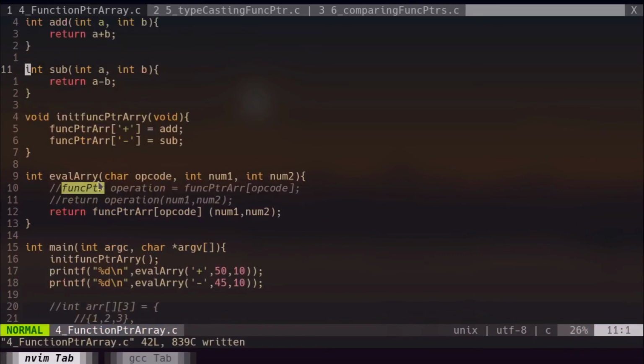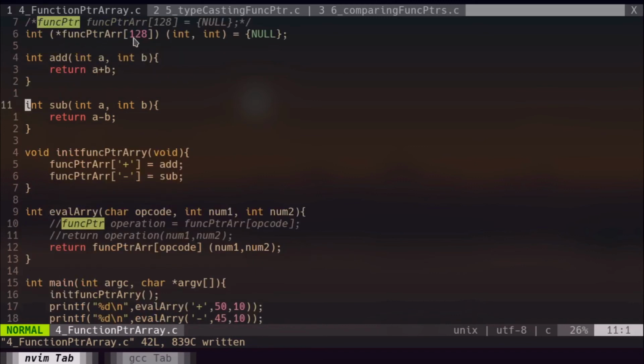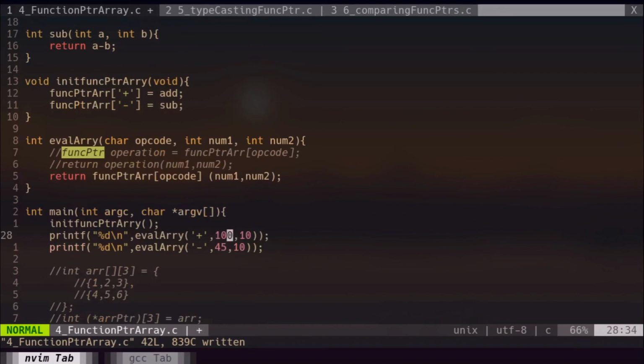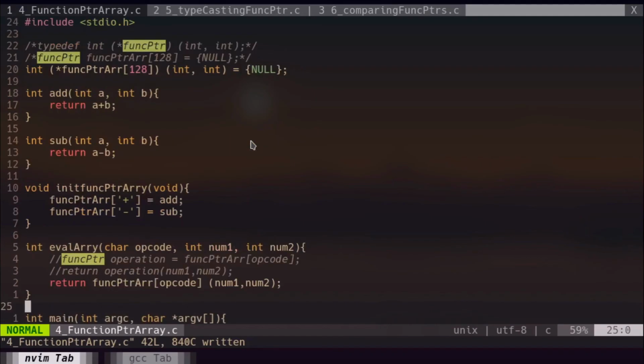So I commented out the lines where I use this funcPTR function pointer. Instead I am only using the function pointer array created using the normal syntax. So again we will change the value here, and here let me add 15 actually. So this should output like 110 and 60 when we run this code. Let us check whether that's true or not. Here you can see we get the desired result, 110 and 50. So like I said, this syntax is a little bit cryptic, because if you know how to declare a pointer to